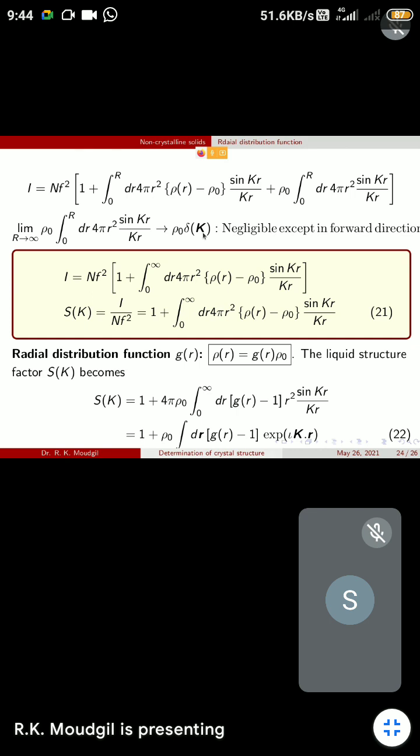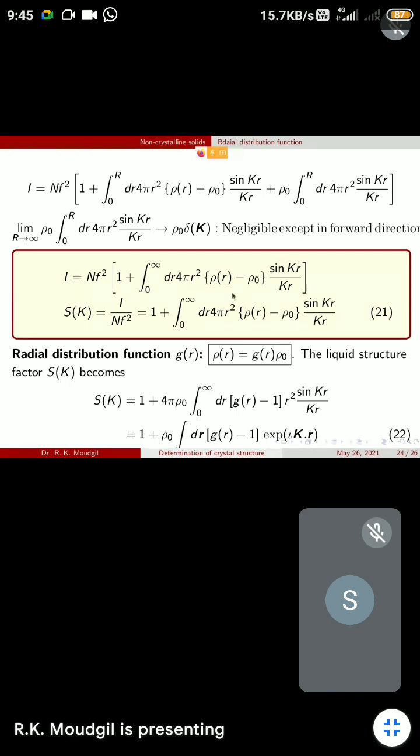Forward direction means capital K equal to zero, which means K dash is equal to K. तो उस एक डायरेक्शन को छोड़ करके ये जो सेकंड टर्म है, that is negligible. So therefore we ignore this second term. If we ignore this, capital I just becomes nf square times 1 plus this as it is, dr 4 pi r square rho r minus rho naught sin kr by kr. हमने ये सेकंड टर्म इग्नोर कर दिया क्योंकि ये नेग्लिजिबल है except in the forward scattering